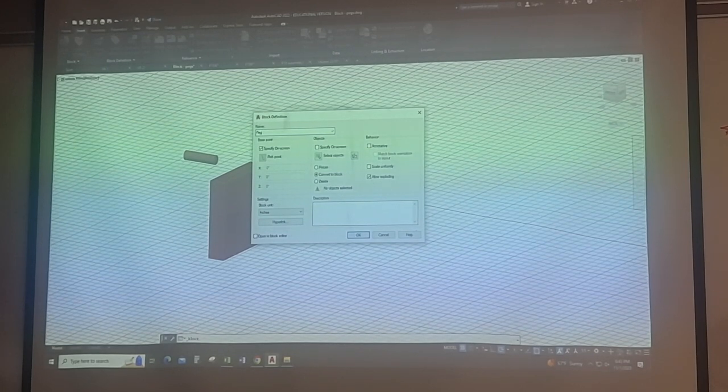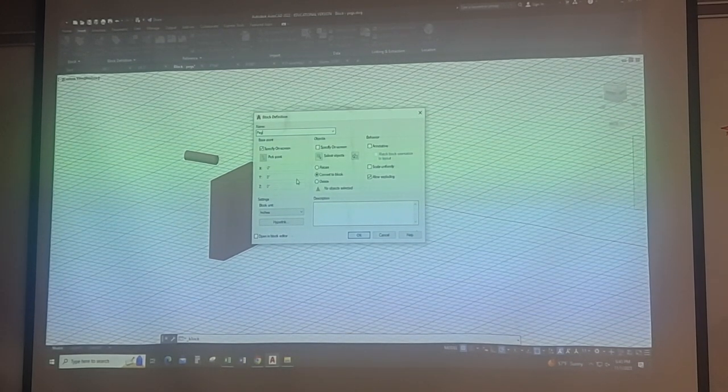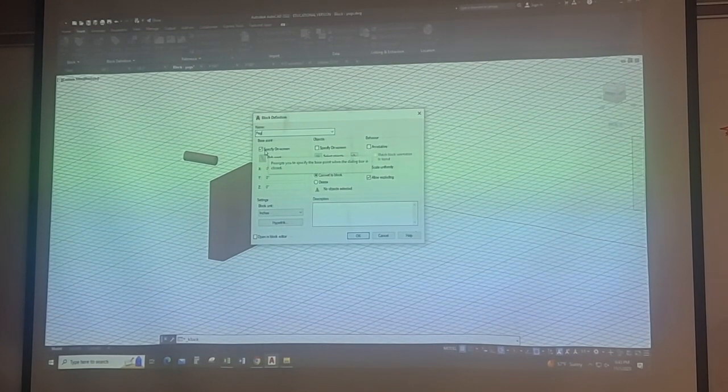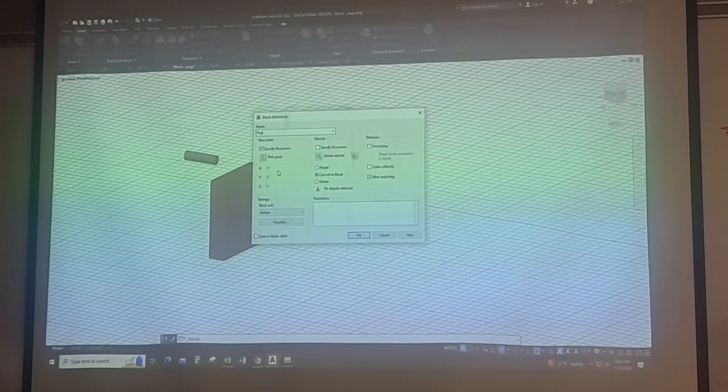So I'm gonna call it a peg. I'm gonna tell it that I want to specify on screen with the base point. So it gives me a little checklist to go through. Like I said, lots of times this is a biggie, you wanna specify it on screen, but frequently if you're doing like I told you about a while ago where you're dumping it into a virtual model, you'll wanna make sure and turn that off and keep 0, 0, 0 and everything set based on that. I'm gonna do specify on screen, which means I'm gonna select a point and tell AutoCAD this is my base